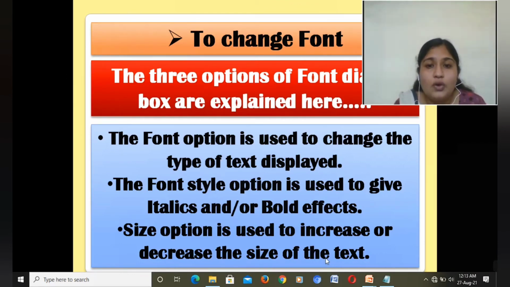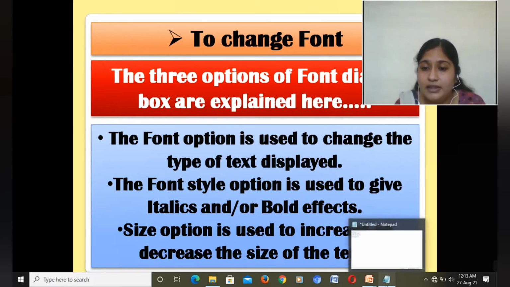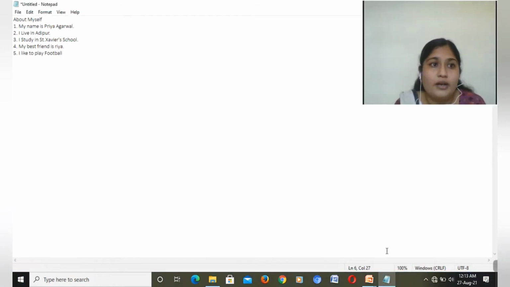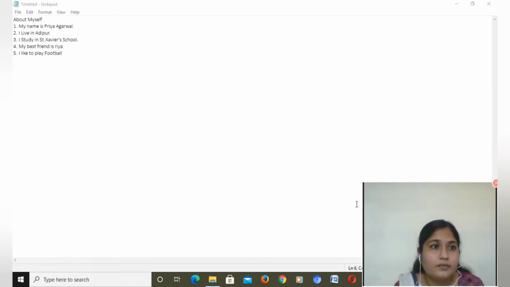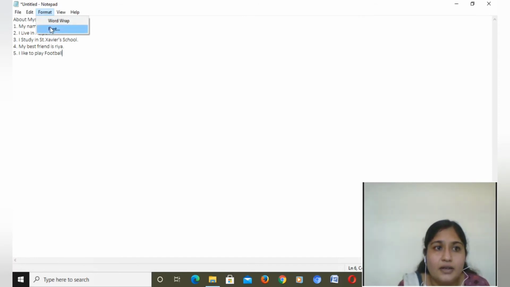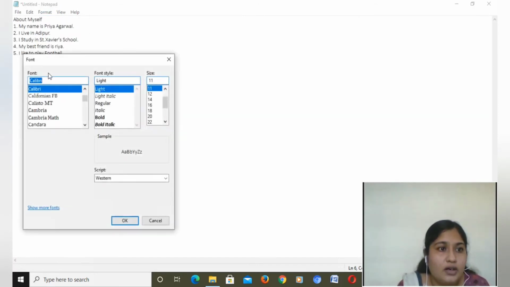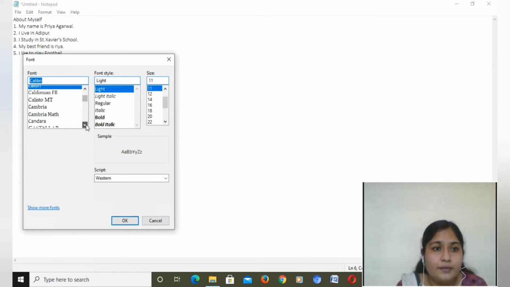So let's see how this is going to happen in the notepad. Now notepad. See, in the menu bar there is Format, click on that, then font is there. Now this is the font option. Many options are there, right? You can take the different options for the font.